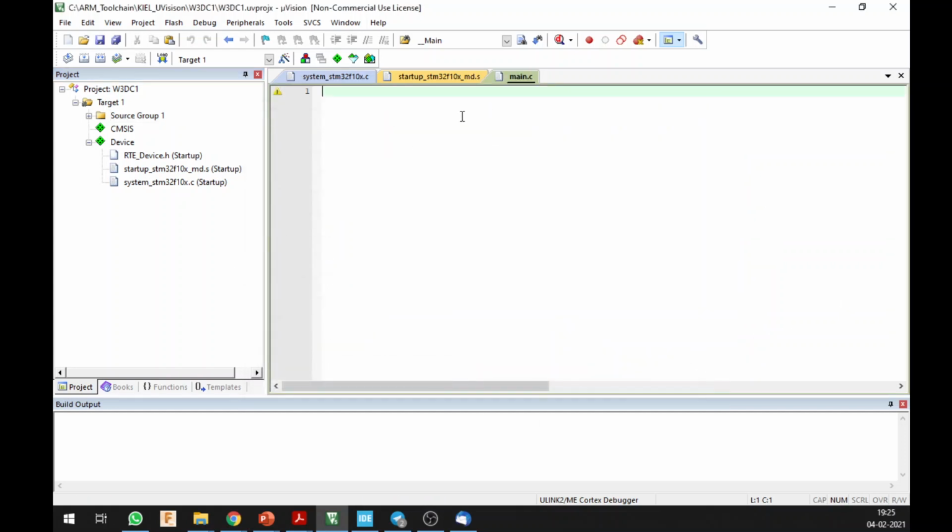Okay, so I will just write a simple main function, int main, and this is going to be a void type function, so void type parameter, and I will just end it with a return of 0. Alright, so this is now my bare minimum program.